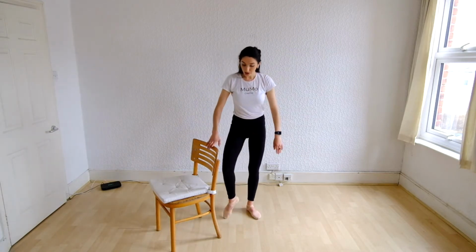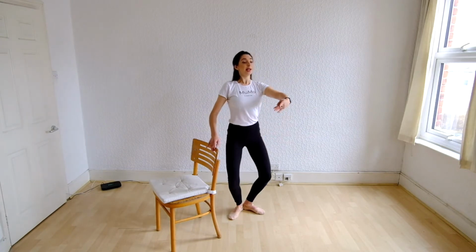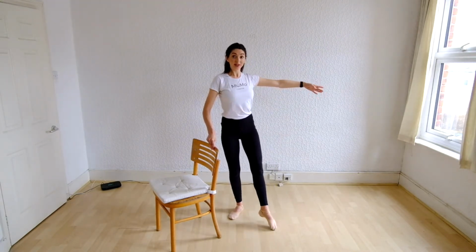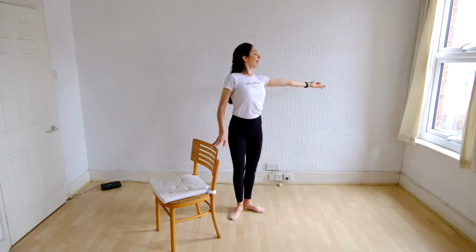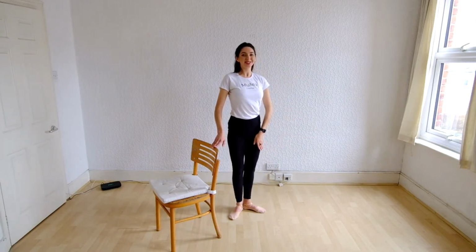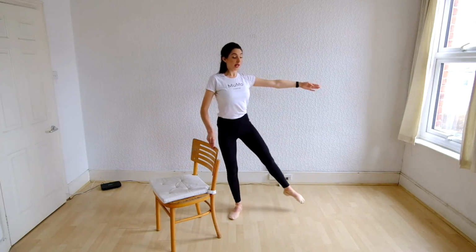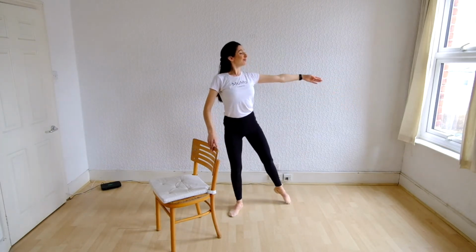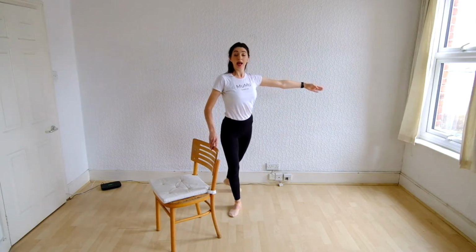Lovely. Taking your time to find the side of the chair, coming into your first position, arm in bra bar, and we plie, stretch, plie, open, and we point, in, point, and lift, point, 2, side, and in, side, lift, and a point to close. Now we point, plie, stretching up, point, plie up, and close, and plie, stretch, plie, open, pointing behind, and in,